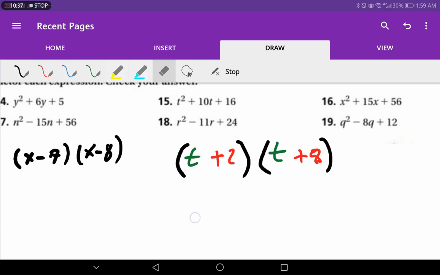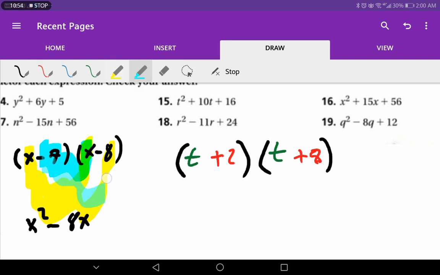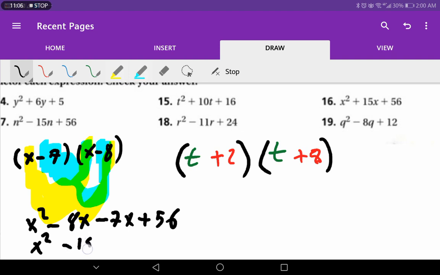Okay, he asked me to check the solution. You have to multiply x by x, then x by negative 8, so x squared, negative 8x. Then you multiply negative 7 by x and negative 7 by negative 8, and this gives negative 7x and positive 56. Here x squared, negative 15x plus 56, and this is matching